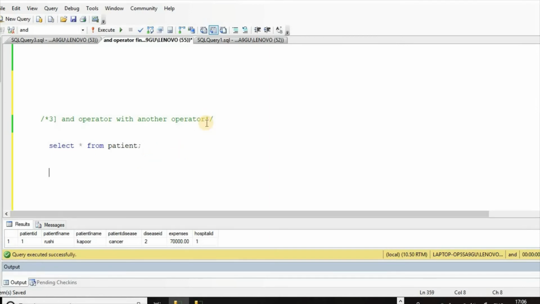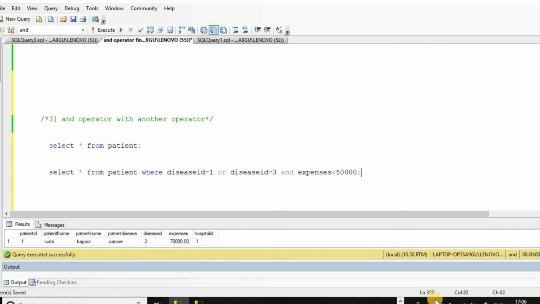We write the query: patient where disease ID is equal to 1 or disease ID is equal to 3 and expenses